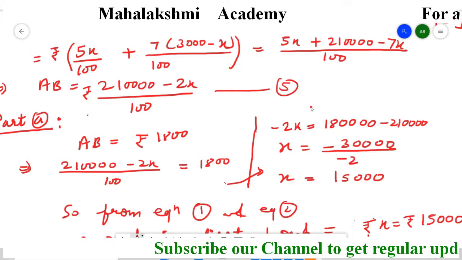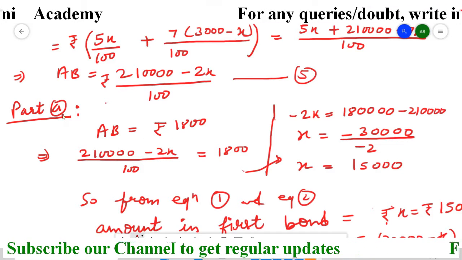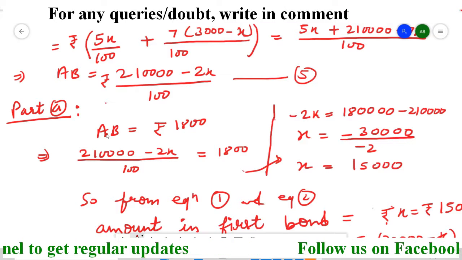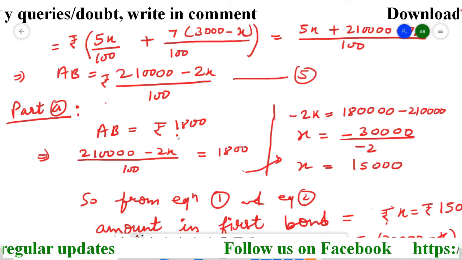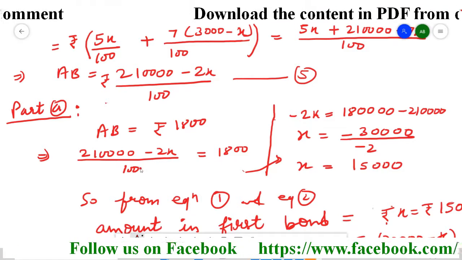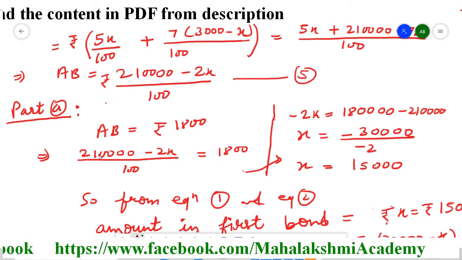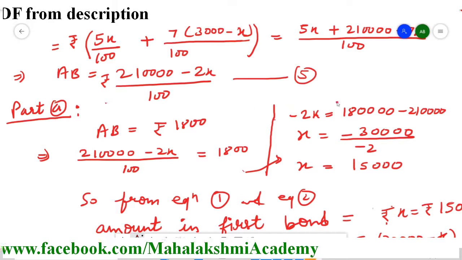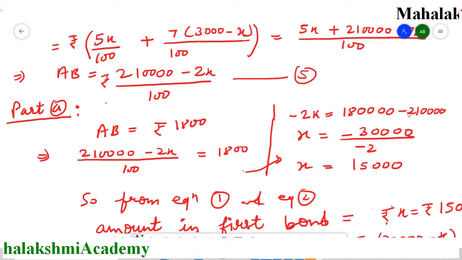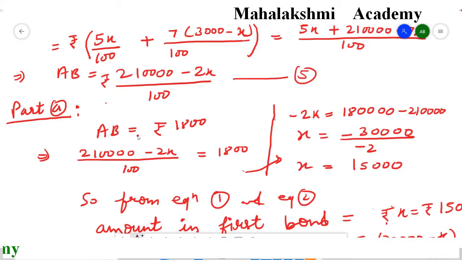Now part A. In part A, the interest given to us is rupees 1800. You can check it in the question. In part A, the annual interest given to us is rupees 1800, and AB is also an annual interest, so according to the question, these must be the same. So I made them equal, and after this you just see here, this 100 is in division, so it will go to multiplication, and then this 2,10,000 is in addition, so it will go to the other side as minus. So minus 2x remains here, and x we want, so minus 2 will come down, subtract and divide, and you will get 1500. So x is 1500.